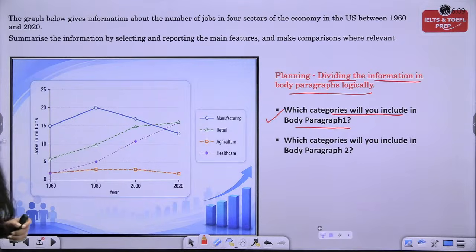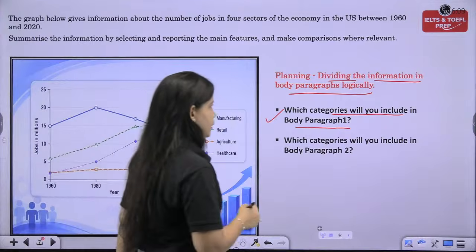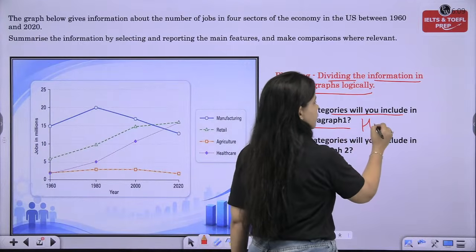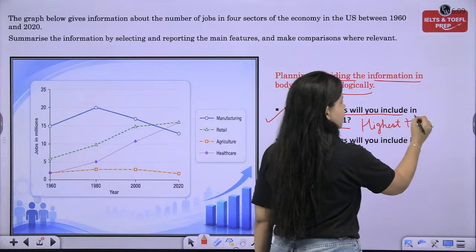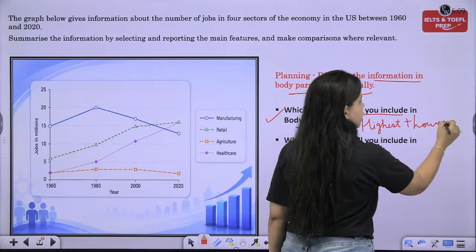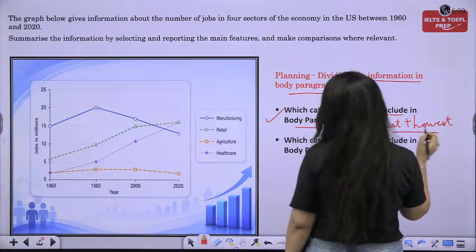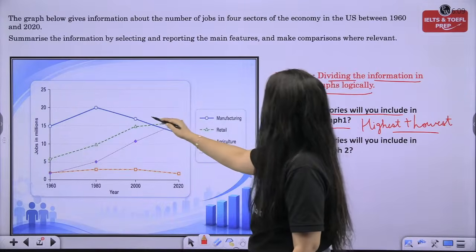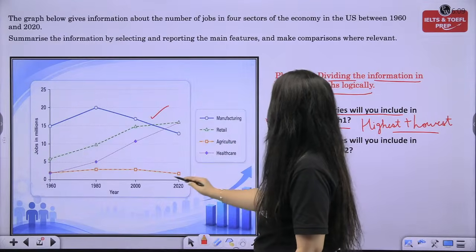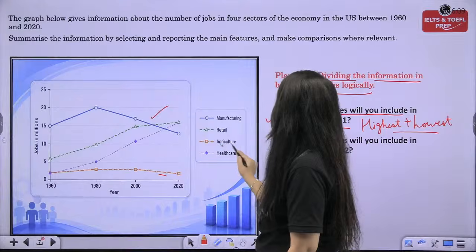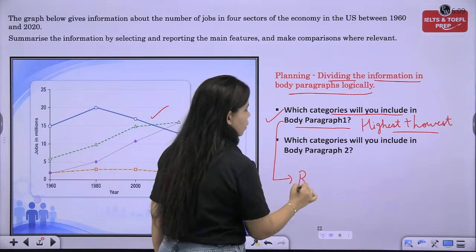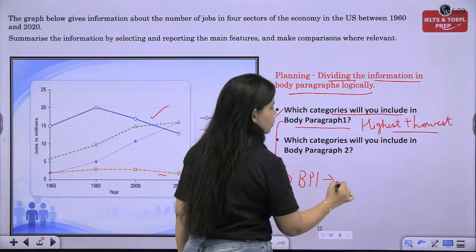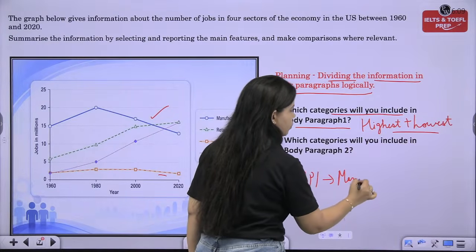Now, the easiest thing that we can do here is highest plus lowest categories can be taken together. That means the highest category here is manufacturing and the least number of jobs we see are from the agriculture sector. So that means our body paragraph 1 is going to describe manufacturing